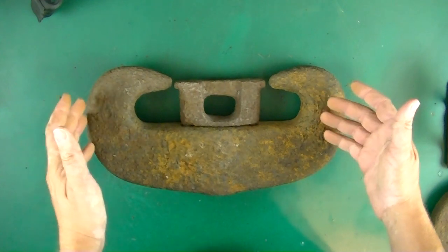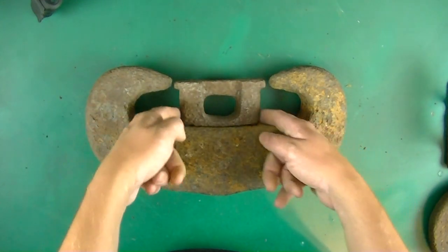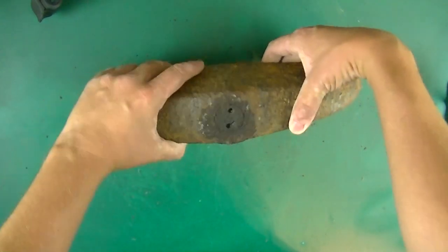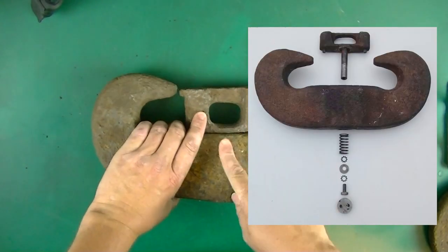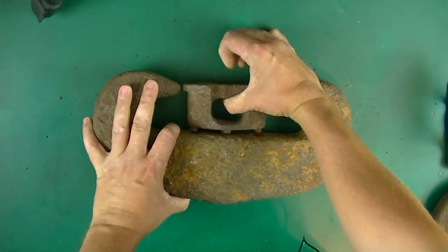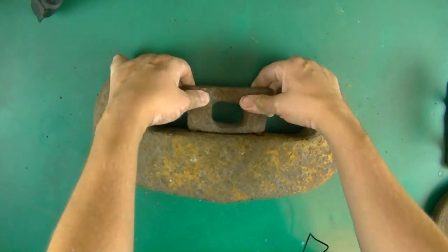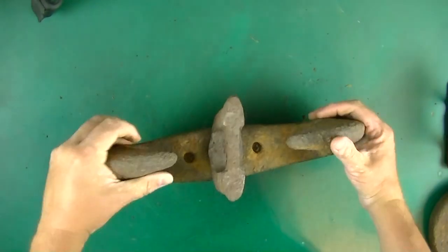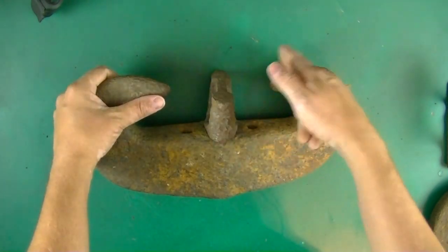So the C-hook still has two places you can hook a cable or a part of a tank to, but it has this locking thing on it. There's a thing here that you can unscrew, and there's a spring under tension inside of here. And the spring is pulling this thing down at all times. So how it functions is you pull it up and turn it, then you have the clearance to put in your tow hook or slide it into the eyelet on the tank,